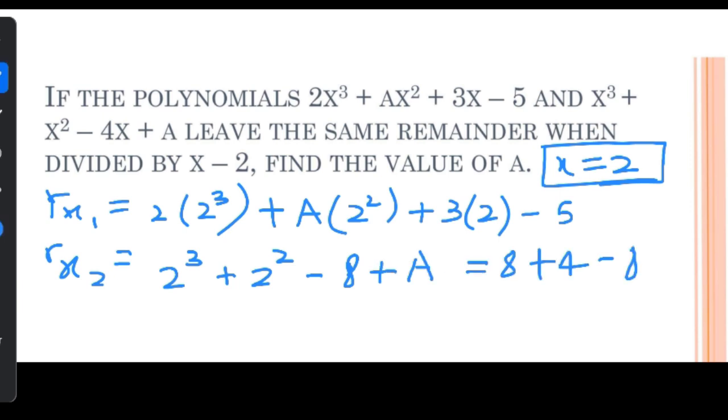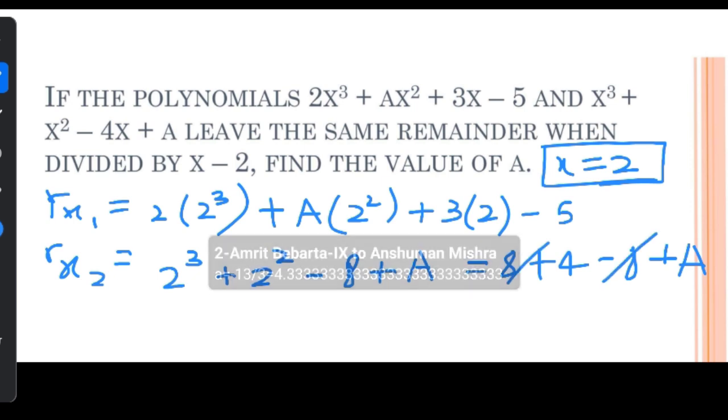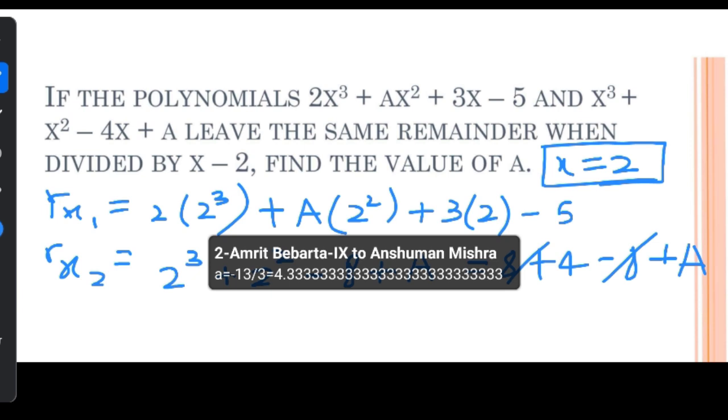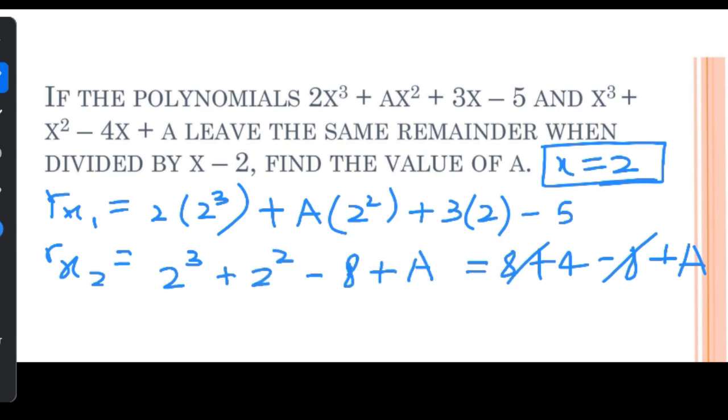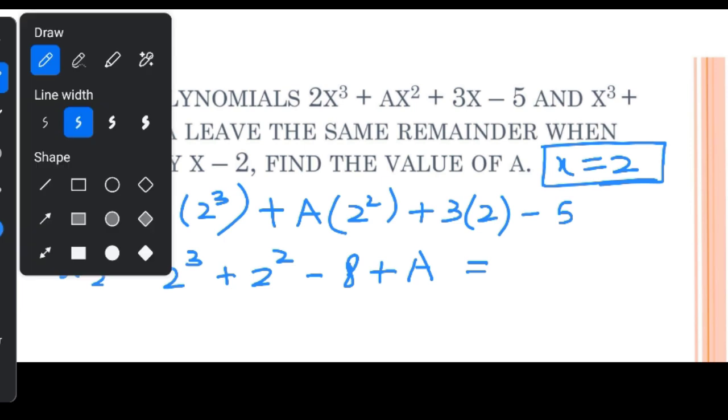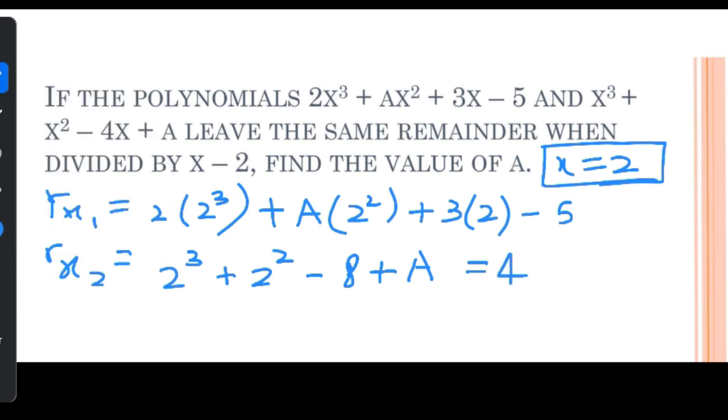So now we have to equate, right, the second remainder to the first remainder. 8 plus 4 minus 8 plus a, that means 8 8 cancelled, 4 plus a, so this means we have got 4 plus a,